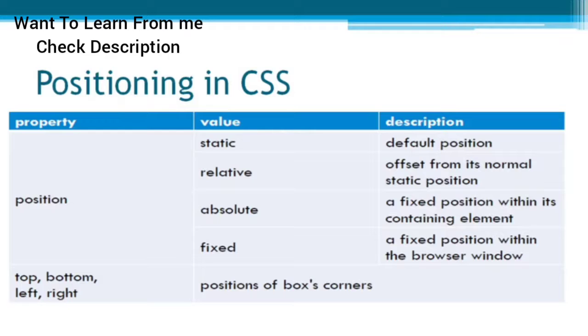And the last one is the fixed one. So fixed position is taking the reference of the browser window and it is fixed. It is irrespective of the parent element or the container element. It will just take the reference of the browser window and it will position itself as per the values that have been given in the top, bottom, left, right values. And we already know that we have to give the values in the top, bottom, left, right in the terms of those units like pixel, inches, millimeter.